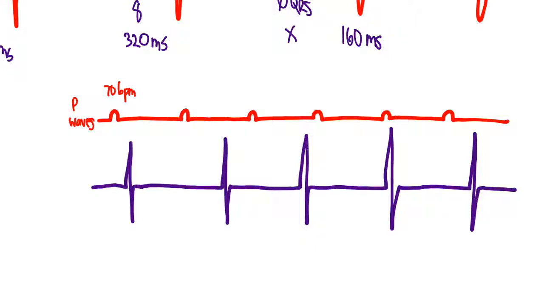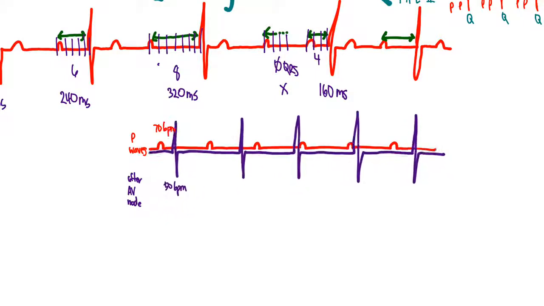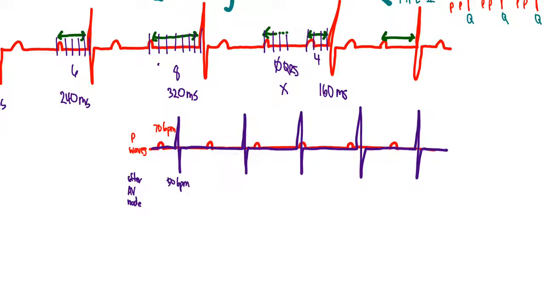So what happens then is some cell, maybe right after that, is letting its other stuff go through, creating its own signal. So we have something after the AV node, or maybe at the AV node, and it's letting stuff through at maybe, let's say, 50 beats per minute. And so these two are going at different rhythms, these two pacemakers. And what you will see when you overlay these on top of each other is that there's going to be